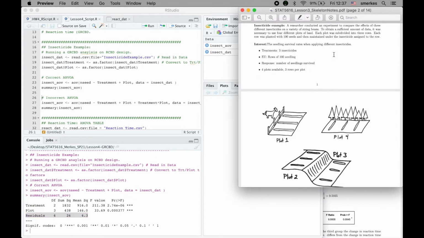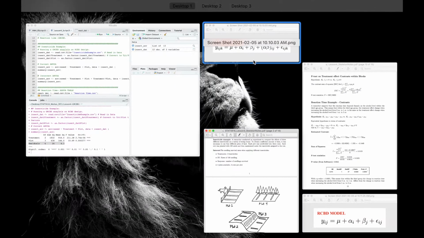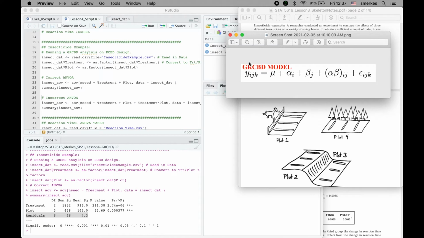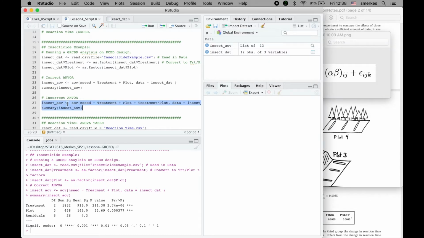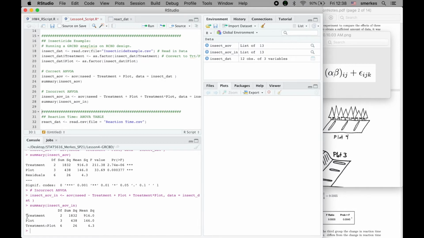But let's say we had this insecticide example, but now we're going to run this generalized random complete block design, and we want to incorporate this interaction term. So what that's going to look like in R is we're going to have our treatment, which is our alpha I, our plot or block, which is our beta J, and then right here, treatment times block is going to represent this interaction term. And if we were to run this, let's go incorrect, boom, boom. Notice we have our treatment, we have our plot, and then our last row is this treatment block